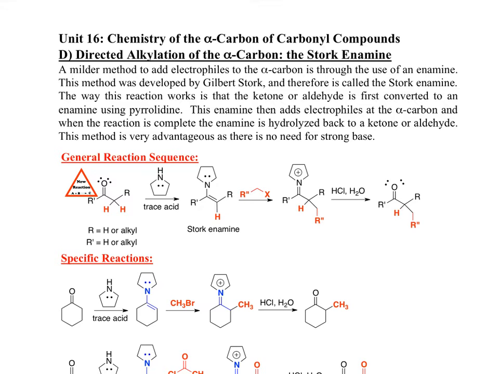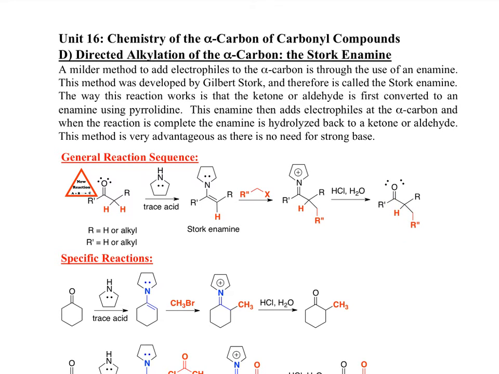alkylation. And what happens here is, if you look at the general reaction scheme, we take our carbonyl, and with trace acid and a secondary amine, as we saw in Unit 15, we can create enamines, and this is what we call a Stork enamine because of the 5-membered ring pyrrolidine base. And once this is formed, if we treat it with electrophiles, this will add our electrophile to this carbon of the enamine to give us the iminium ion, which, when we work the reaction up, we use aqueous acid, and that will hydrolyze the iminium ion to give us back our carbonyl, but we still have alkylated the alpha carbon